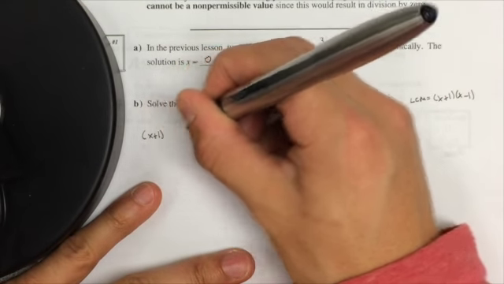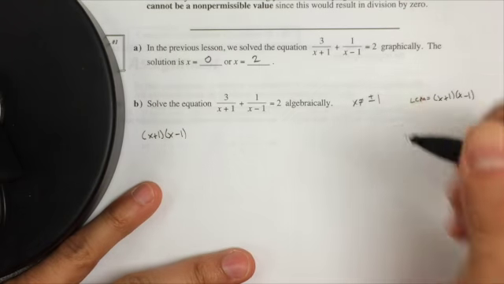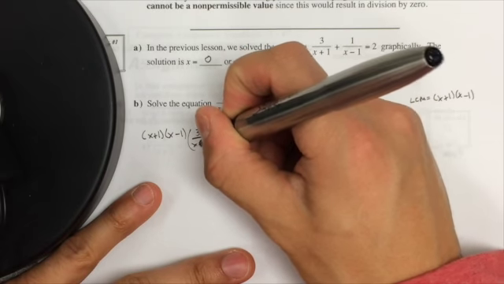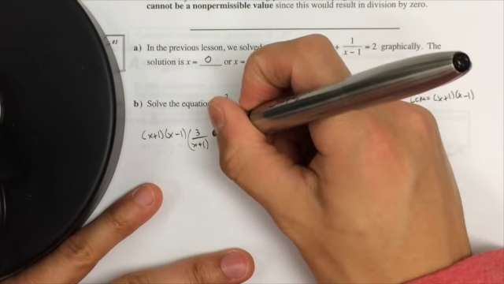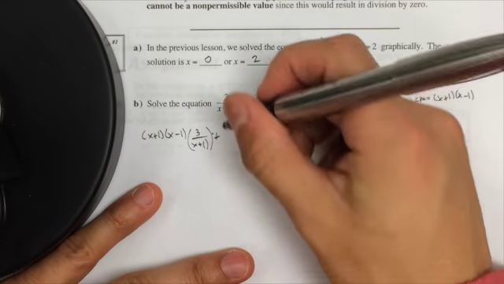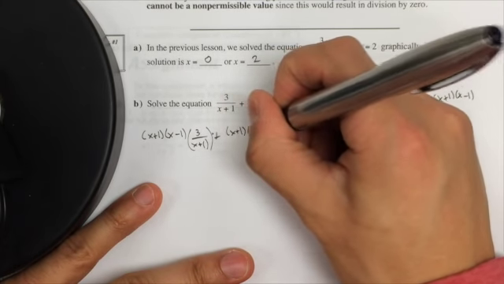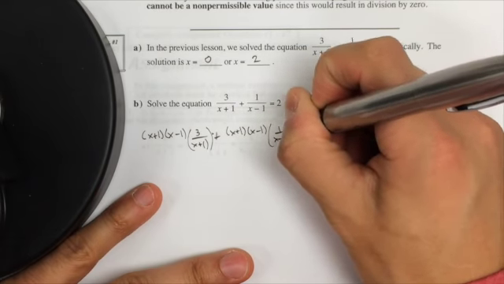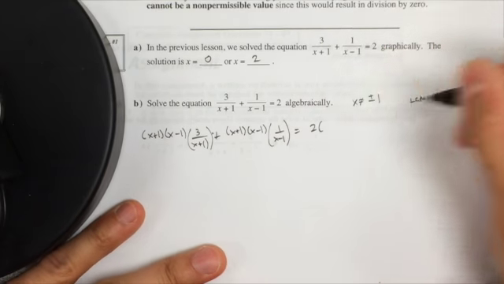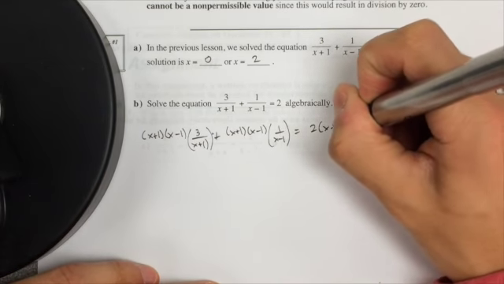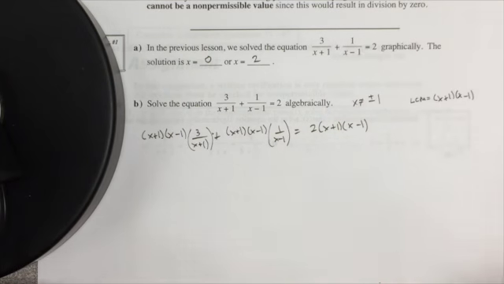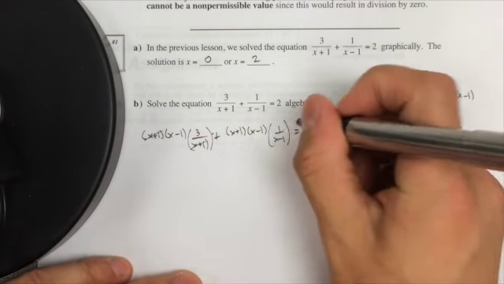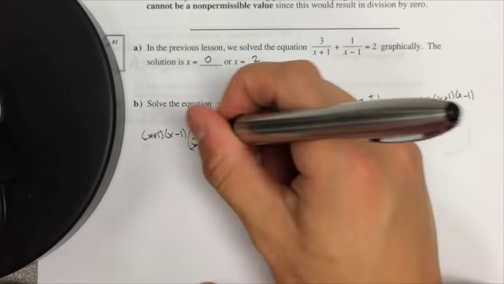x plus 1, x minus 1, and we're going to multiply that by 3 over x plus 1, and we're going to do the same thing to the next term, x plus 1, x minus 1 times 1 over x minus 1. And that equals 2, and we'll do the same thing over here, x plus 1, x minus 1. Now from here we can cancel out our common factors, x minus 1 and x minus 1, which will leave us with